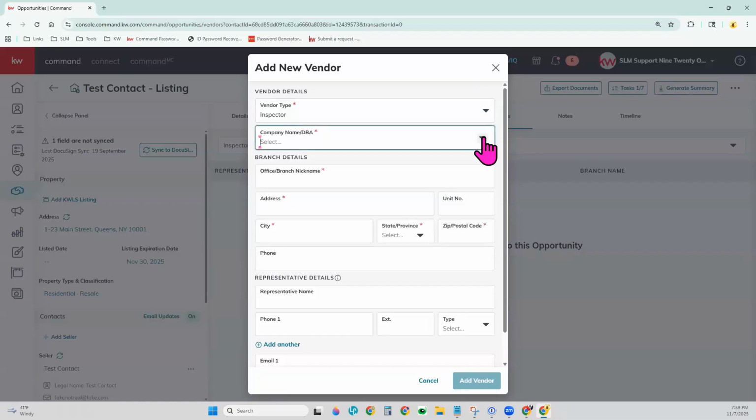You can also search for the company name or the DBA, doing business as name. If there were some on file, you would click this caret to view those that are already on file. This is a demo account. We don't have any. So you just begin typing in the company,